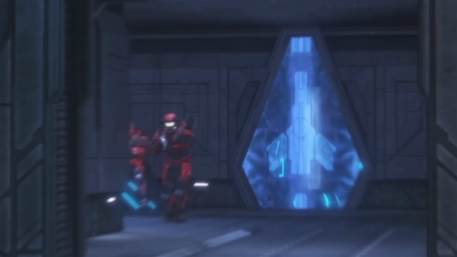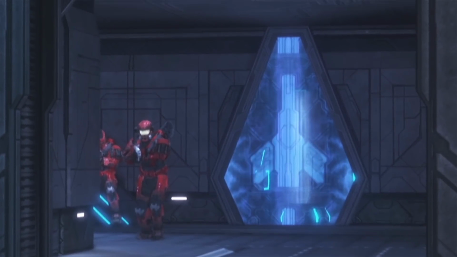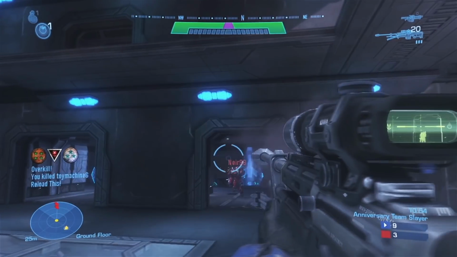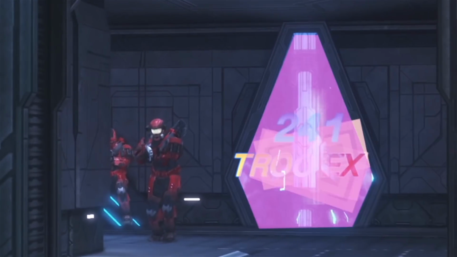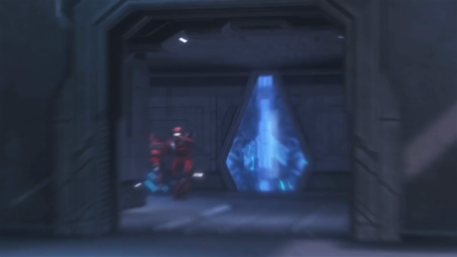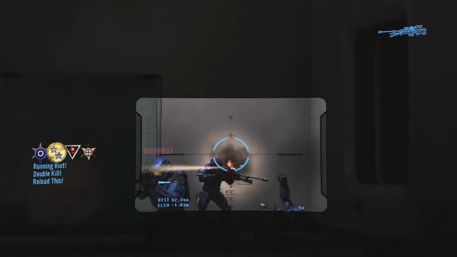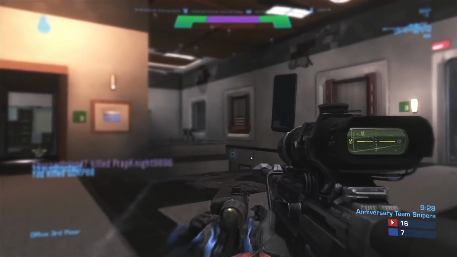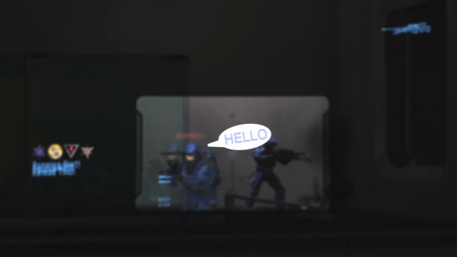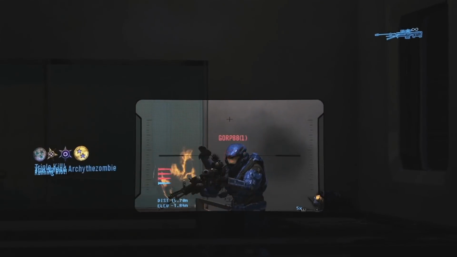I wanted to do something saying like, wish this was a 2-for-1 tac extern, but putting that there just didn't seem cool enough, so I added all these weird random shapes that I don't know why they're there, but there they are. A lot of people really liked this speech bubble that says hello, and it is kind of what I picture when editing and playing this clip, and that's kind of why I included it.